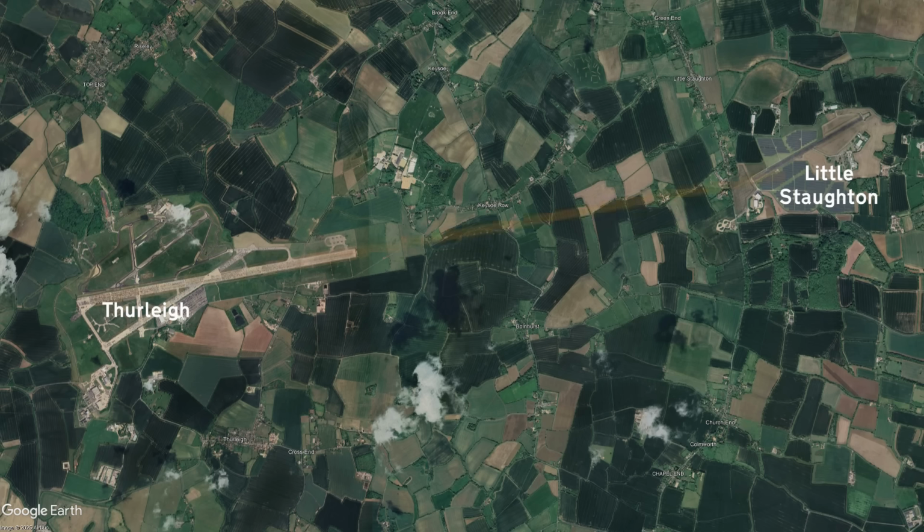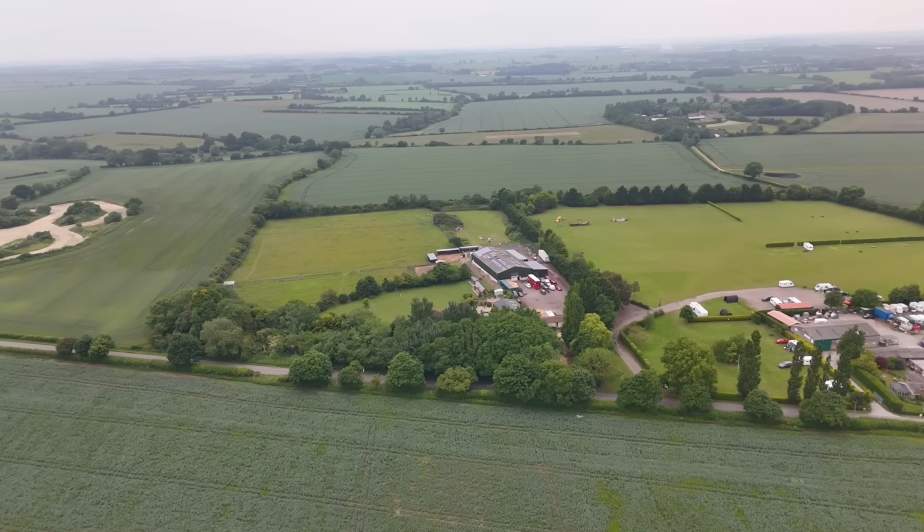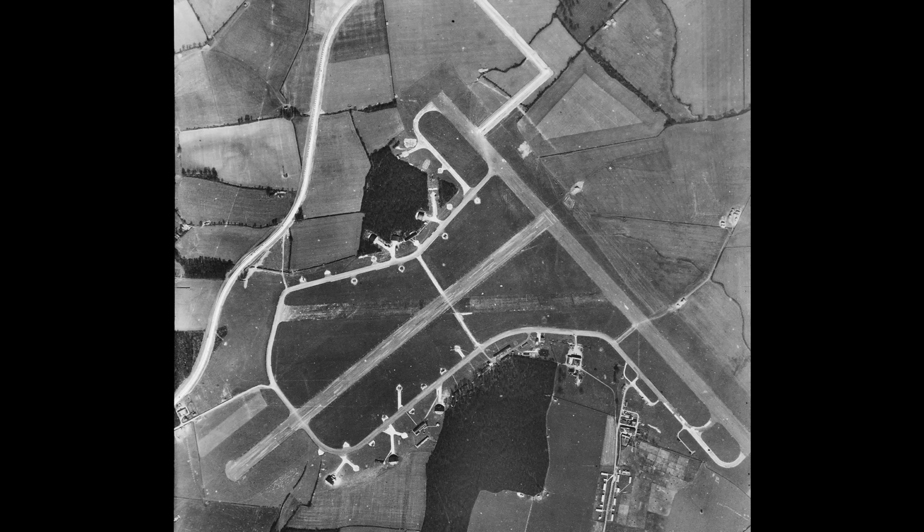They had the thought of connecting Thurleigh and Little Staughton via a runway, a 5-mile long runway. Thurleigh already had a sizable runway, but this apparently wasn't enough, and a 5-mile runway was required, and there was only a few farmers' fields between the two airfields, so you could knock that together in a weekend. As for the Twinwood Farm airfield, here was to be a huge wind tunnel and engine testing facility built, meaning between the three sites they'd have everything they needed to cash in on the aerospace industry that was about to